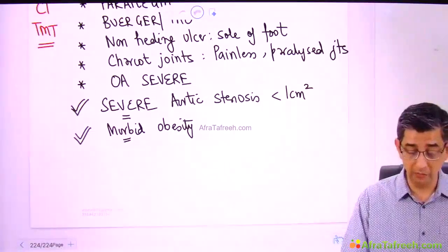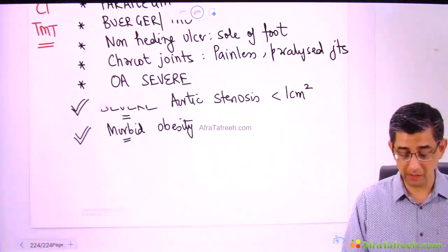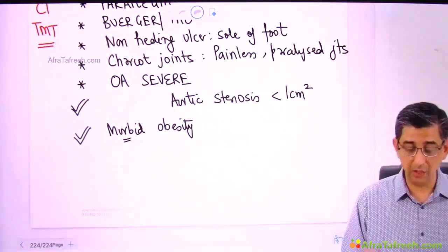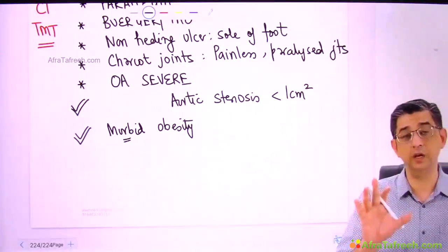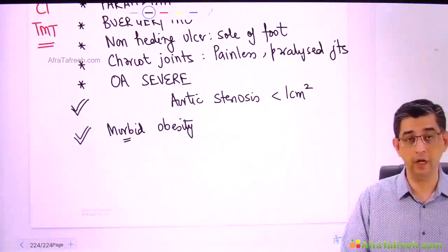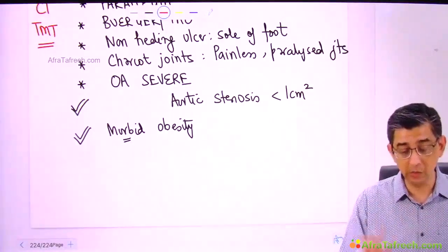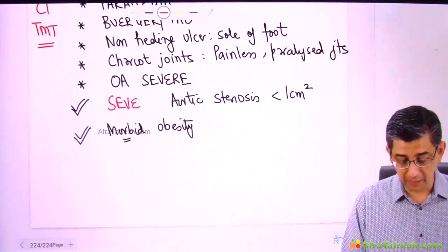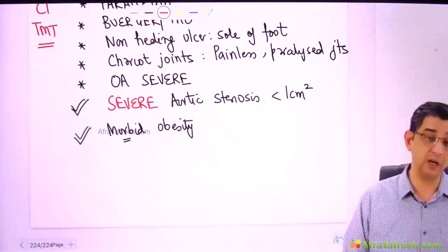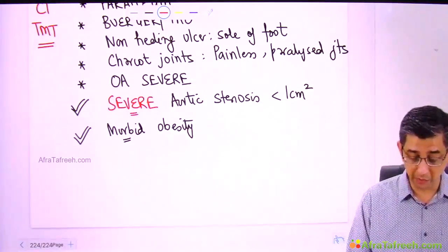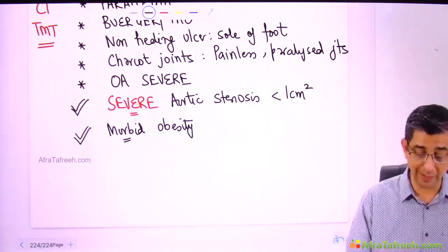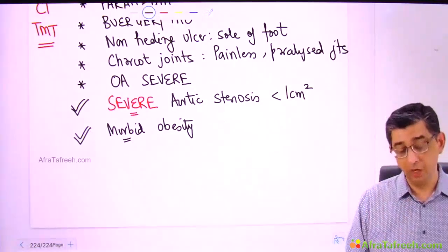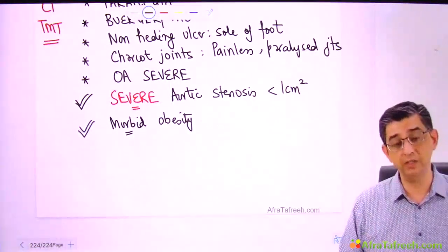Similarly, if I remove the word severe from here, I'm just erasing this word for a second. All I'm saying is, suppose it is written aortic stenosis of the mild or moderate variety, then there is absolutely no problem. Mild to moderate aortic stenosis will not cause severe limitation of cardiac output, but in severe aortic stenosis, there will definitely be a substantial reduction in the cardiac output to the level that syncope can develop, a head injury can occur.